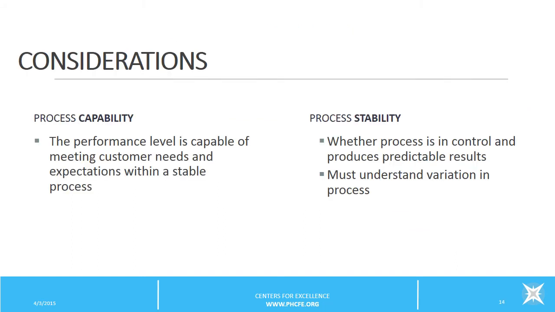There are some additional considerations that you might want to read further about, and these are the concepts of process capability and process stability. We cover these in more depth in another tutorial, but briefly, process capability is used to determine whether a process, given its natural variation, which again is a function of how we've designed it, is capable of meeting known customer needs or requirements. These needs are also called customer